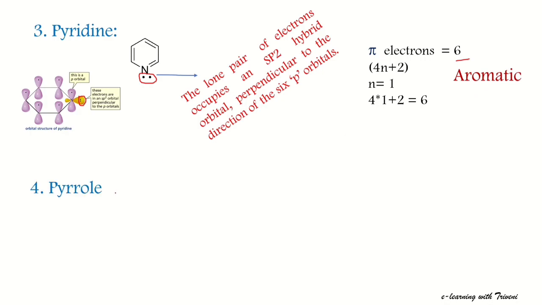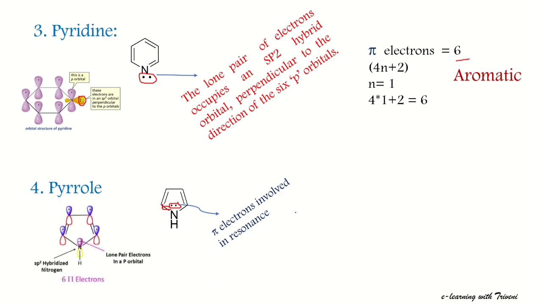When you take another example, pyrrole is a 5-membered heterocyclic nucleus which also contains a heteroatom, nitrogen, and in this case also nitrogen is having a lone pair of electrons. These lone pair of electrons are involved in the resonance. That is the reason we have to count the pi electrons, meaning 6 pi electrons, and it is also an example